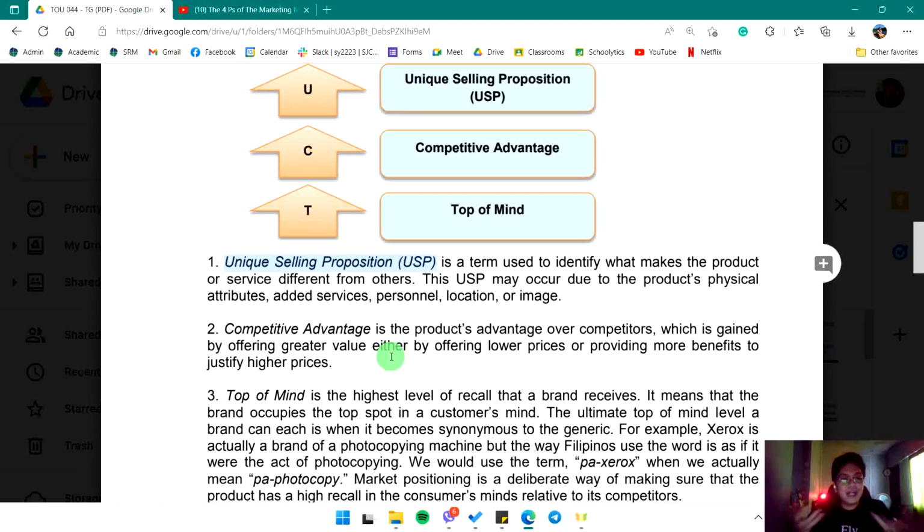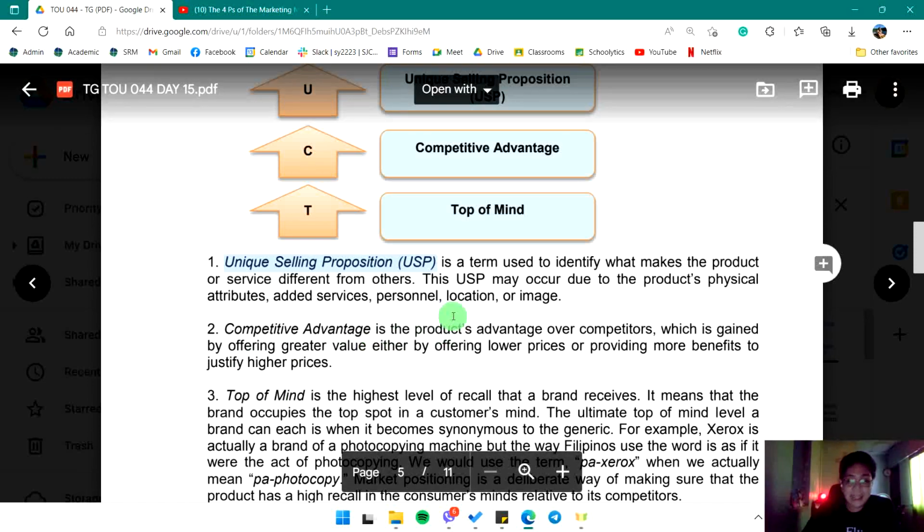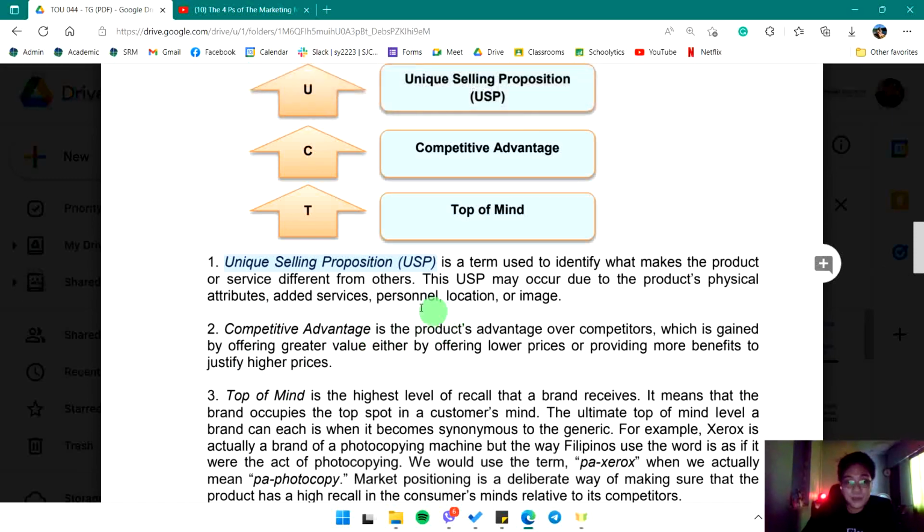So ngayon, again, market positioning is how the market, o kung ano yung tingin ng market sa ating produkto. So if they will see na, wait lang, unique ang product niya, unique ang service niya, ibig sabihin, successful ang inyong marketing positioning with the use of unique selling proposition. Kasi, na-accomplish nyo yung inyong objective na dapat ang tingin ng ating market sa ating produkto